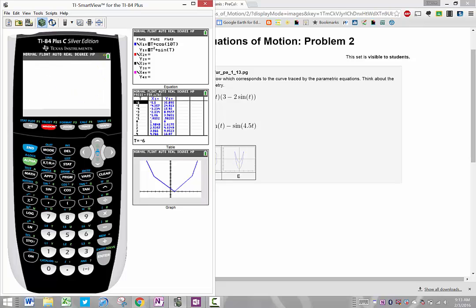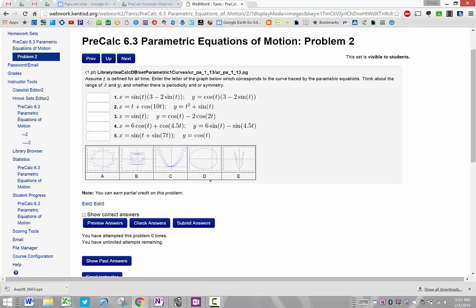What's happening is my t in this one, I'm going by 5, so I'm going to try to go by a smaller number here. I'll try to go by 0.5. I know it's going to take longer to graph, but let me see if that changes the way it looks at all when I graph more points. And I'm having some problems with this one. I keep getting what looks like a parabola no matter what I do to my window. So I don't see that one anywhere on here, so I'm going to skip this one for now and head